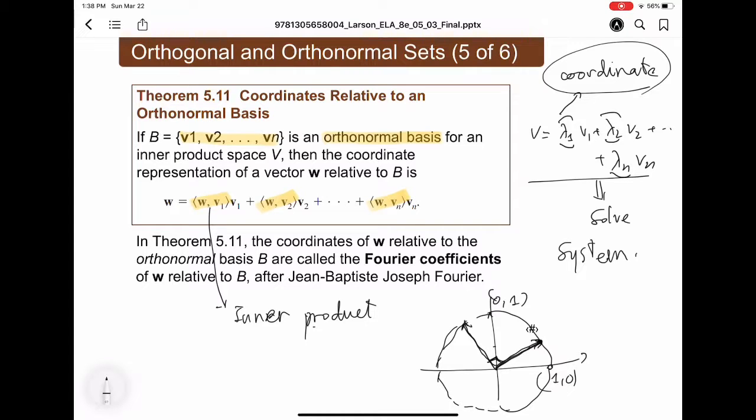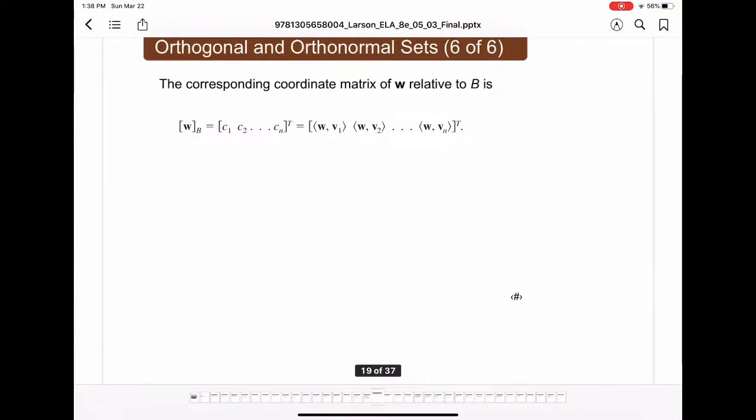Is that correct? So this guy and this guy will form an orthonormal basis. And when you go from one basis to another and you want to see the coordinates, you just need to find the inner product of your vector with respect to the new basis. So you have the coordinates of them. So everything is very fast. All right, let's consider